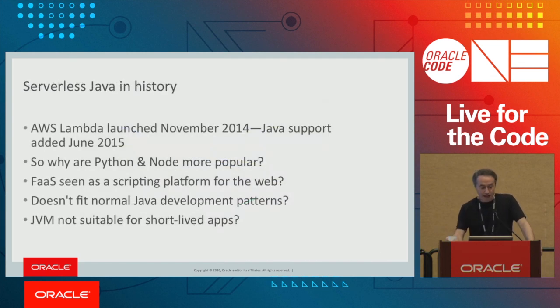So Java in the serverless space started with Amazon Lambda support about 2015. So that's about 3 years. So it's been quite a while since Java's been available on the first mover platform, right? The first big platform out there. But Python and Node are more popular. And the question is, why is that the case? Is it because people view these small programs in the cloud, these little functions, kind of like scripts, like little web scripts, like knock one off and just toss it in the cloud? Do I need Java for that? Is that too much?